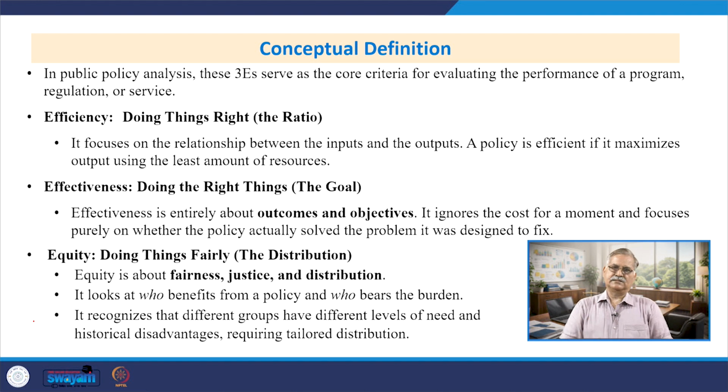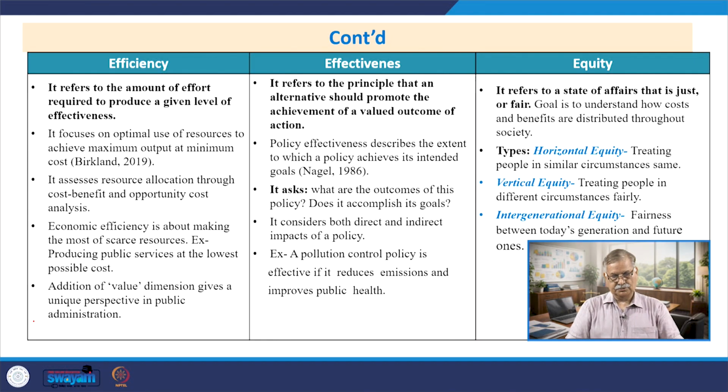So it makes sense that the distribution of benefits of the policy should be in such a manner that maximum benefits go to the marginalized group of people. It recognizes that different groups have different levels of need and historical disadvantages, requiring tailored distribution of income and wealth in the society. So briefly, in this slide you can see the basic difference among the three: efficiency, effectiveness, and